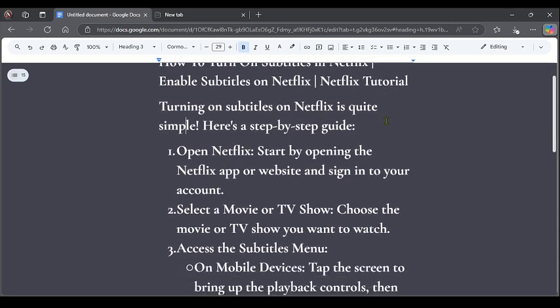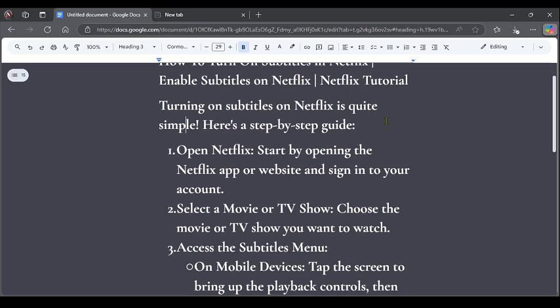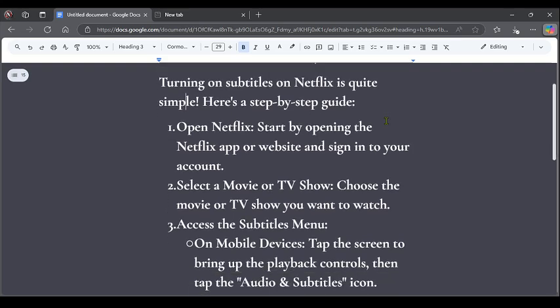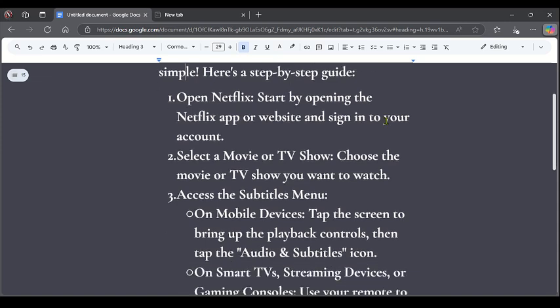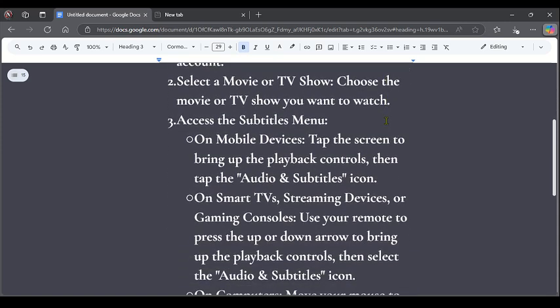So first thing you have to do is start by opening the Netflix app or website and sign into your account. Once you do that, choose the movie or TV show you want to watch. So once you choose the movie you want to watch, then you can now access the title menu on the